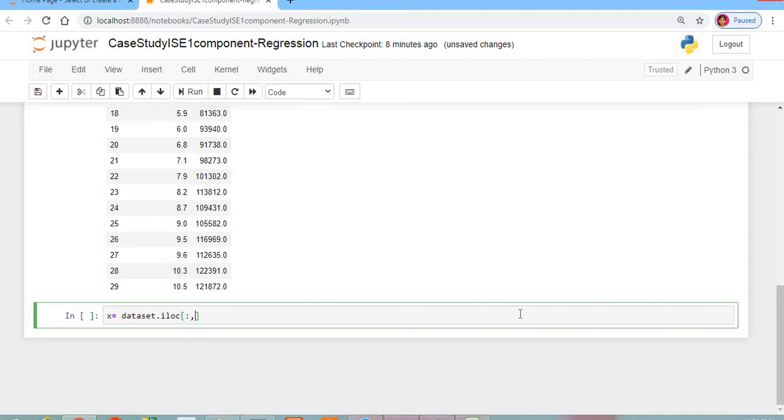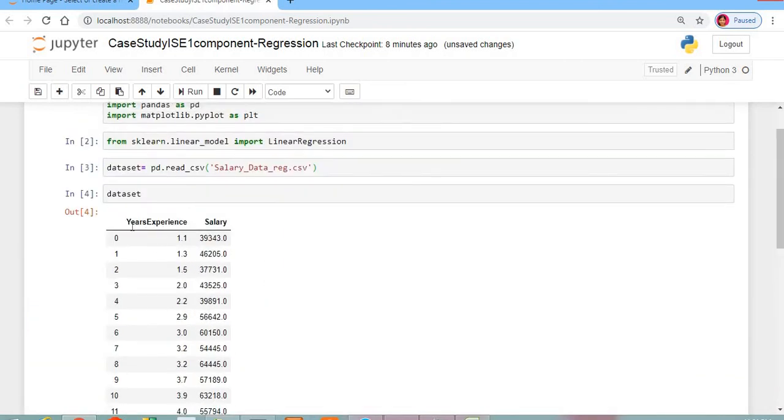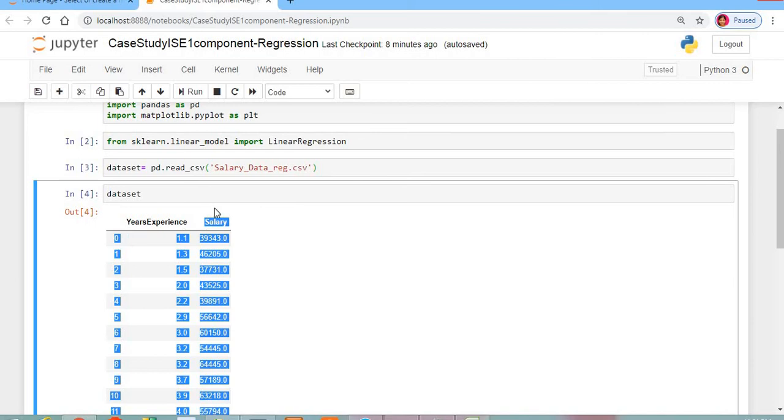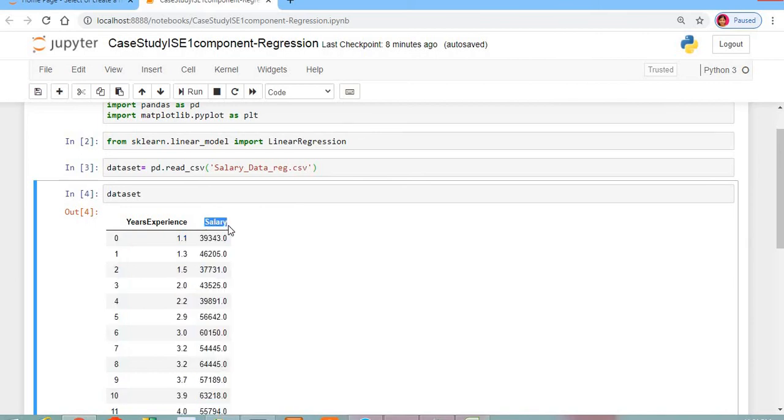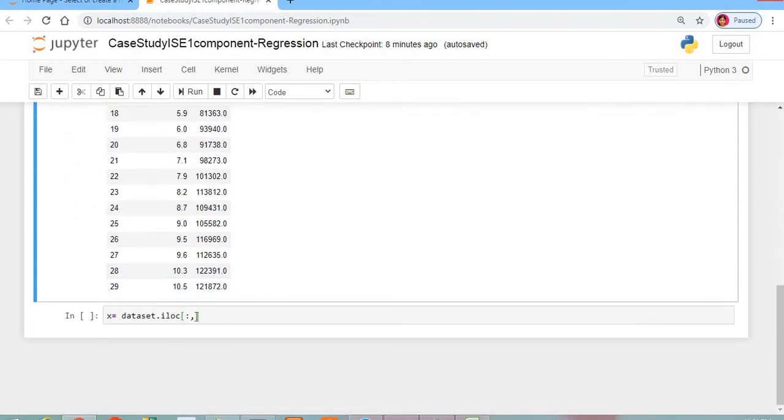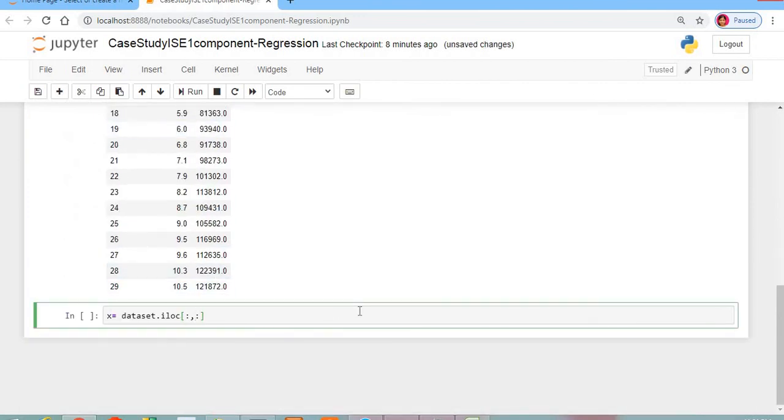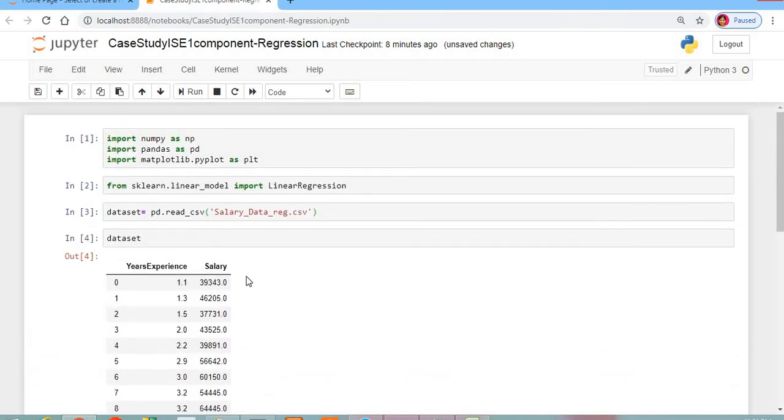Now on the x-axis I want only years of experience, I don't want salary. So I will exclude the salary, using colon -1. Colon -1 means apart from the last column, whatever number of columns are there, those are included. Which is the last column?